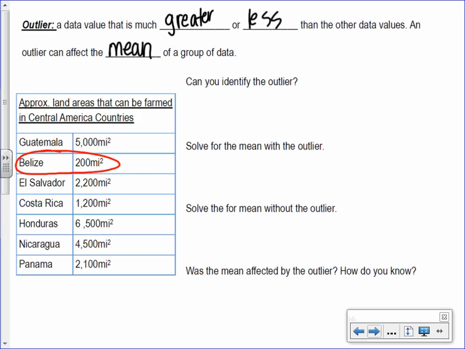Belize isn't even in the thousands. And Honduras is 1,500 more than the highest one, which was Guatemala. And Belize is only 1,000. So really we have 2 that are probably outliers. So you can identify that outlier by just writing Belize